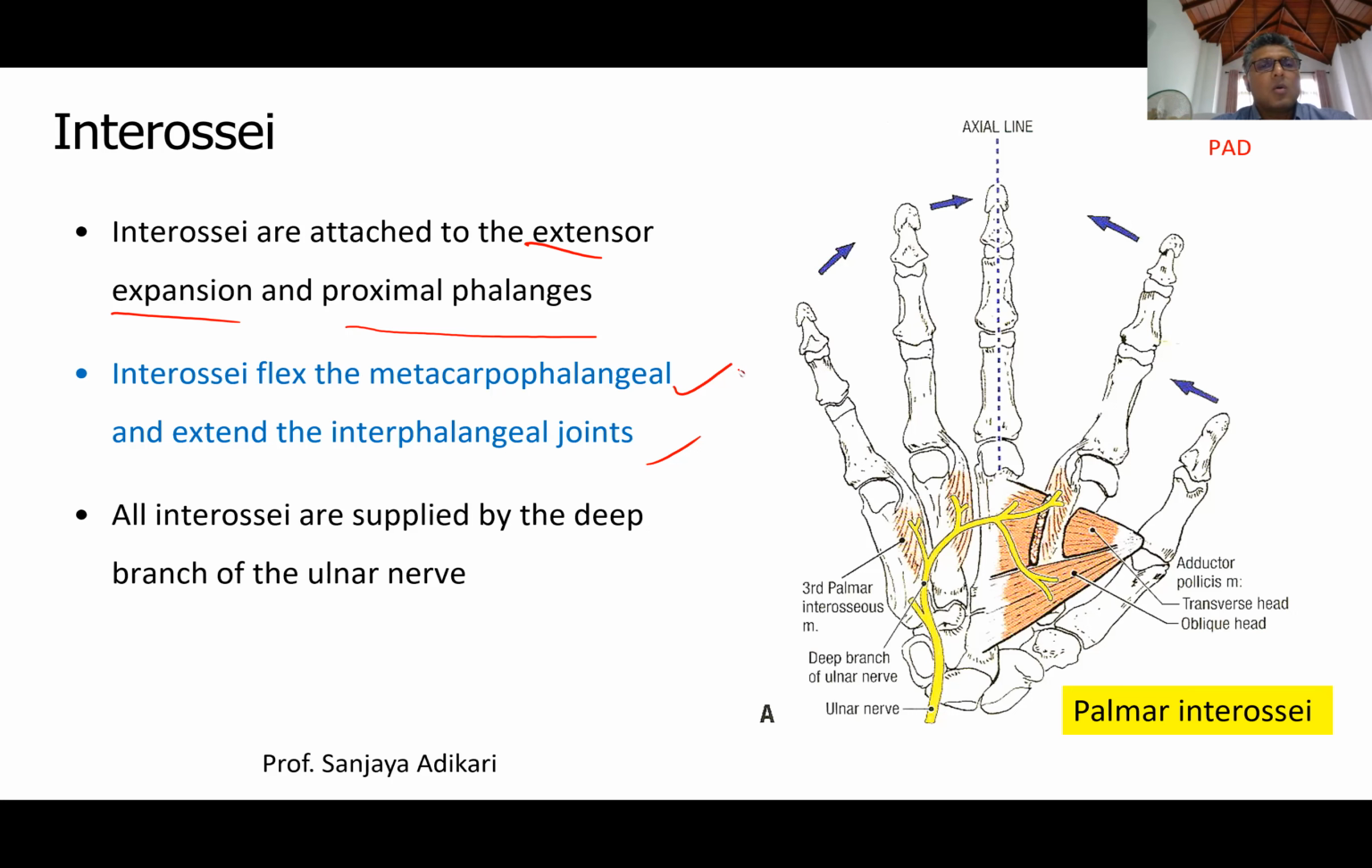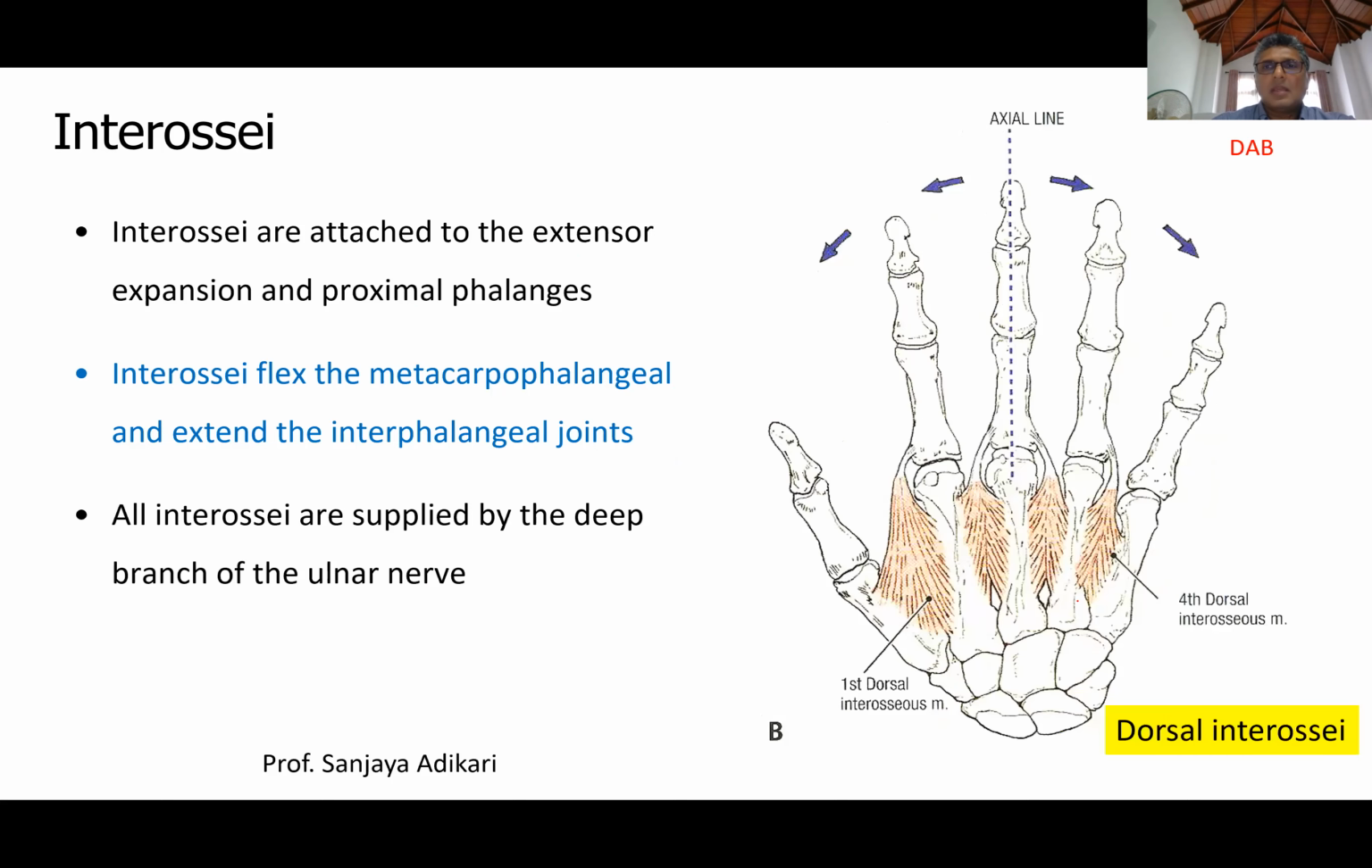Okay, all interossei are supplied by the deep branch of the ulnar nerve, unlike lumbricals, which are supplied by both median and ulnar nerves. And usually the ulnar nerve ends by supplying the adductor pollicis muscle, but sometimes it will extend into the thenar muscles as well, the supply, I mean. Then when it comes to